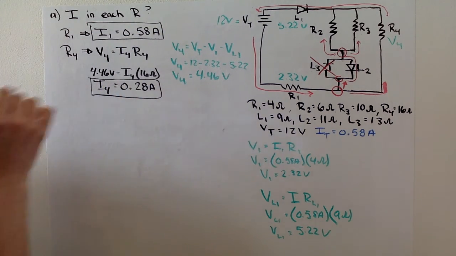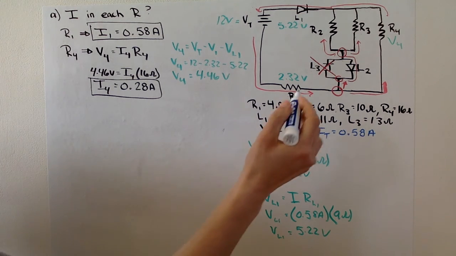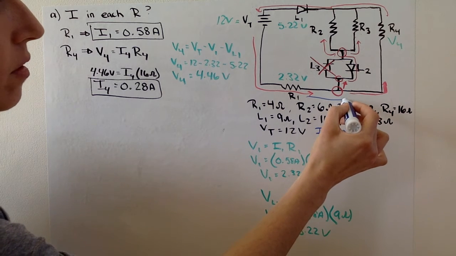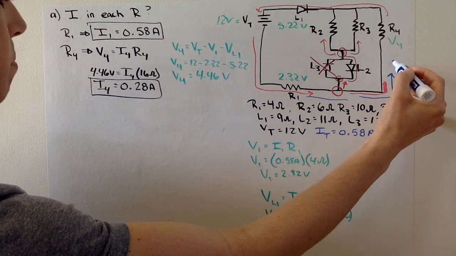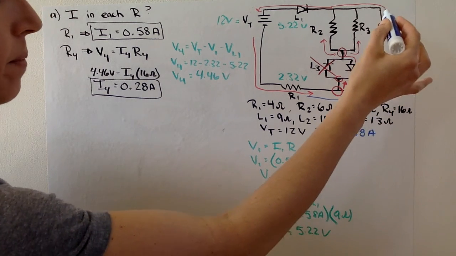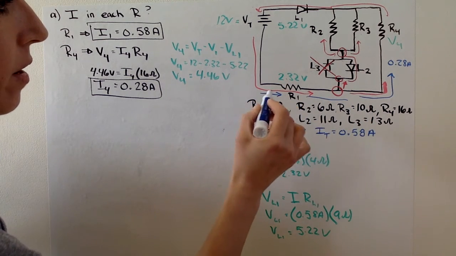Here's the current that goes through resistor 4. Now, we still have two others to consider. We know that total current goes through R1, and then it splits. We've just figured out that 0.28 amps is going this way, which, if this coming through R1 is